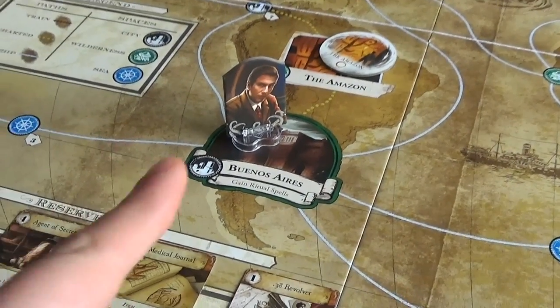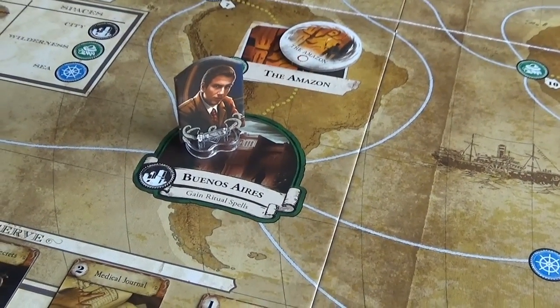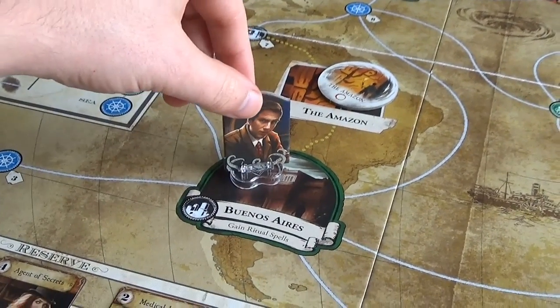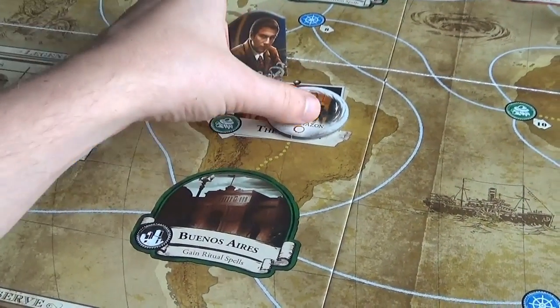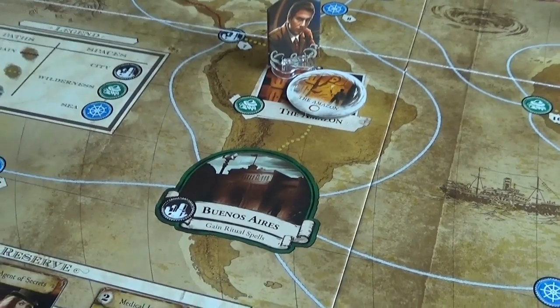So as an action, the first action he does is take or buy a boat token, so he can move around more easily in the next rounds, and then he will travel to the Amazon through this jungle or whatever it is. Okay, so that's it for